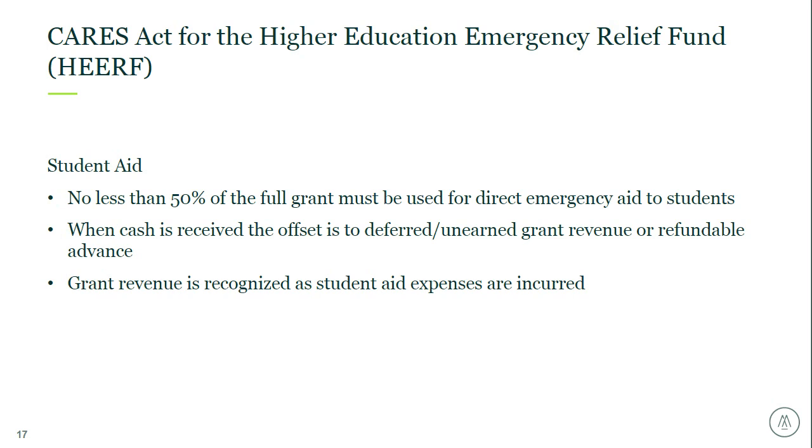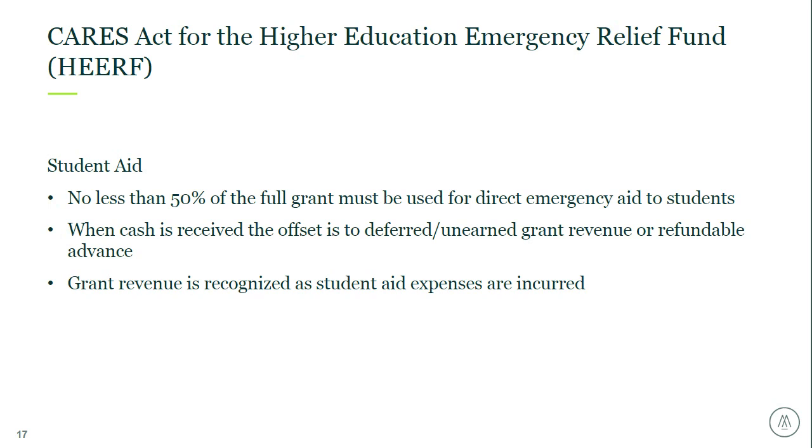Under the legislation, no less than 50% of the full grant must be used for direct emergency aid to students, including but not limited to grants to students for food, housing, course materials, technology, healthcare, and childcare. The recipient, being the university, agrees to promptly make available emergency financial aid grants from the advanced funds to the university